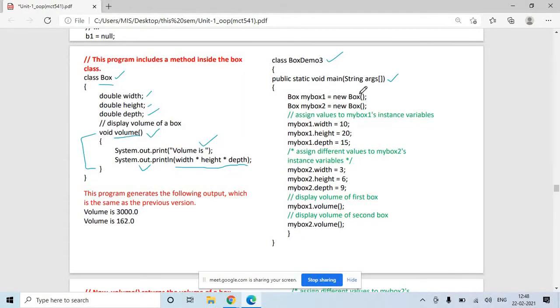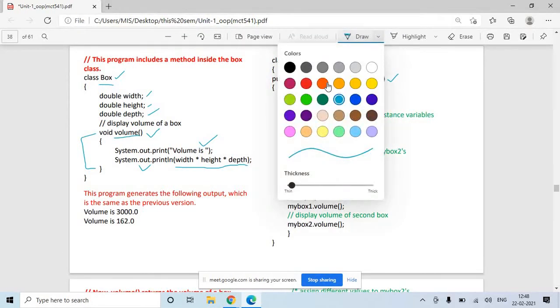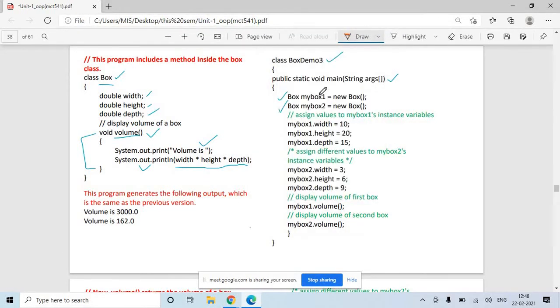I have created two objects, object 1 and object 2. So my object 1, let's say my box 1. I have created the first object, my box 1, and I have created another, my box 2.